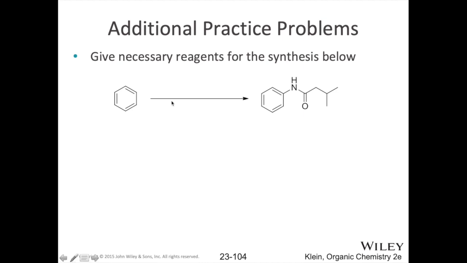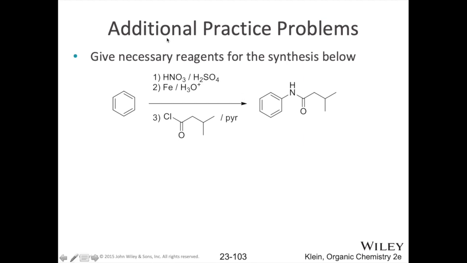Okay, so here we have a starting material. We have benzene. So you want to go back to your EAS reactions, think about how you would add functional groups to this benzene, and then get basically converted in subsequent steps to this amide that we have over here. Okay, so if you pause this and come back, hopefully you realize, well, we probably have to start off with a nitro group of some sort. So your first step is going to involve reacting this with concentrated nitric and sulfuric acid, and you go from there. So you take that, you reduce it using a metal and acid to the corresponding amine,